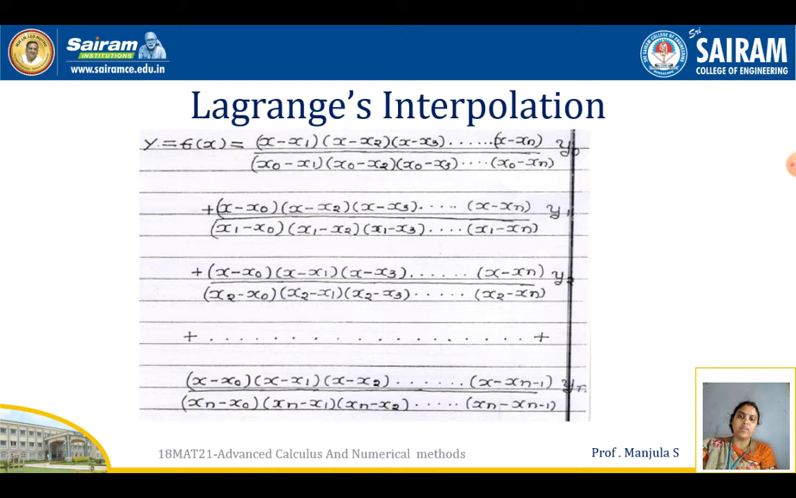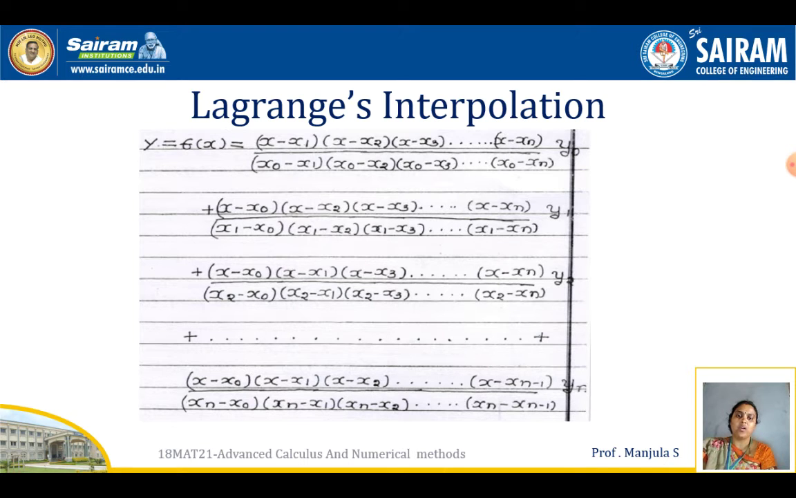The formula will be like this. If a question gives a set of x and y values up to n values, the formula becomes: y equals f of x, which equals (x minus x1)(x minus x2) and so on up to (x minus xn), divided by, in the denominator, since x0 is missing in the numerator, (x0 minus x1)(x0 minus x2) and so on up to (x0 minus xn), into the first value of y, which is y0,